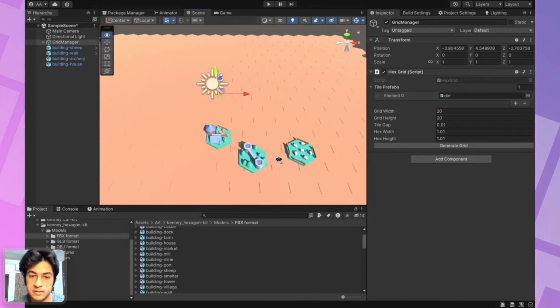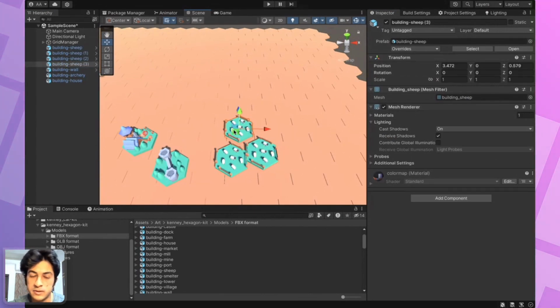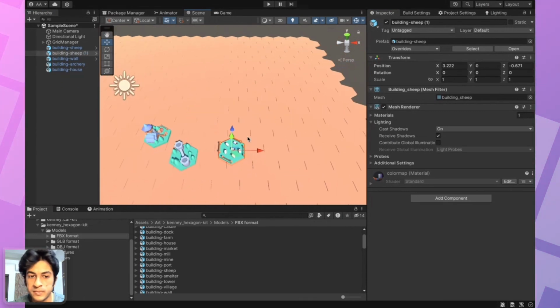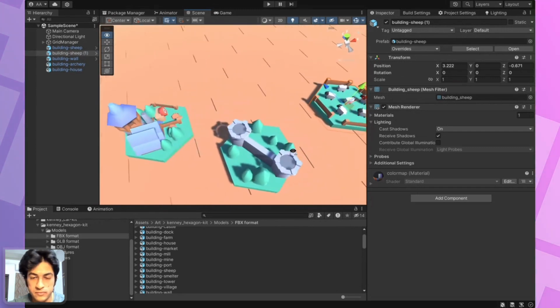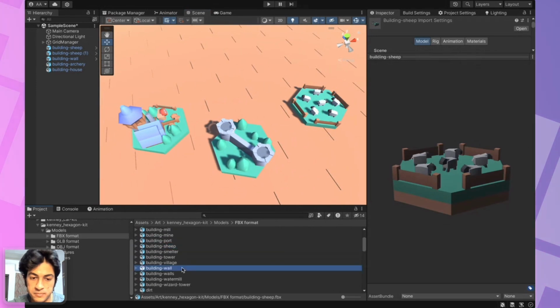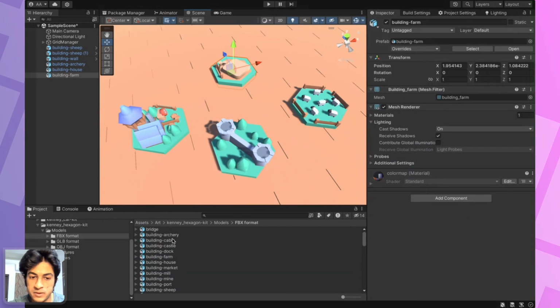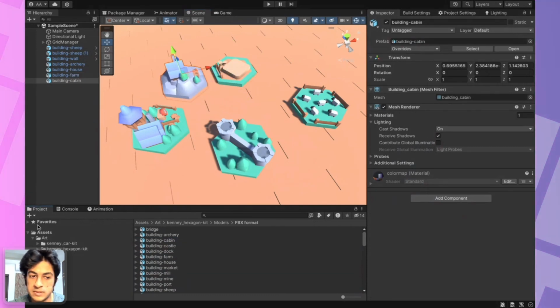Instead of placing the towers manually one by one, it would be a great idea to create some methods and functionality to spawn these through code. We have a sheep, some towers, some walls, maybe a farm, a cabin, but what we don't have is the